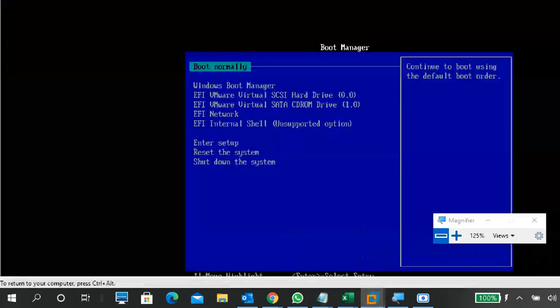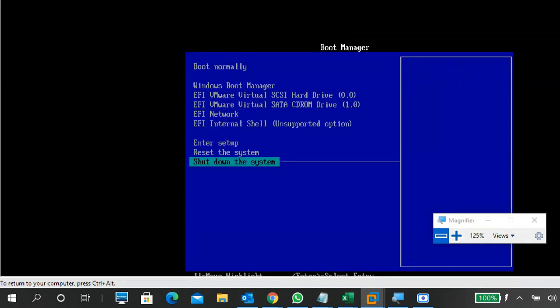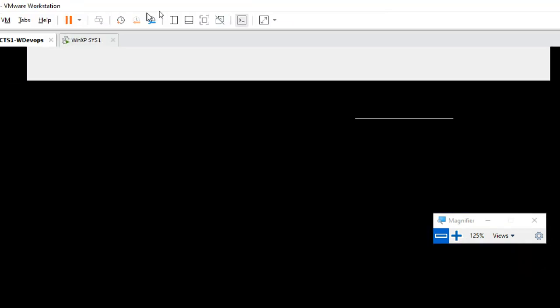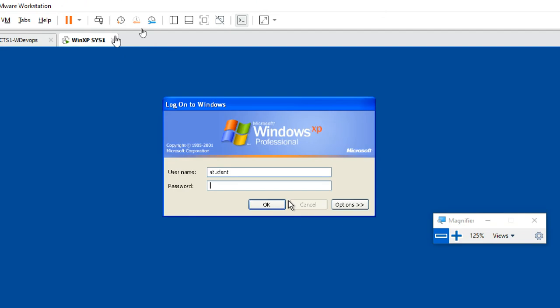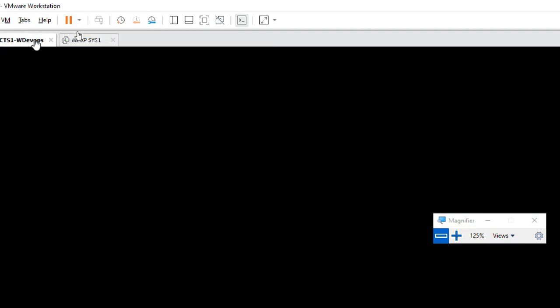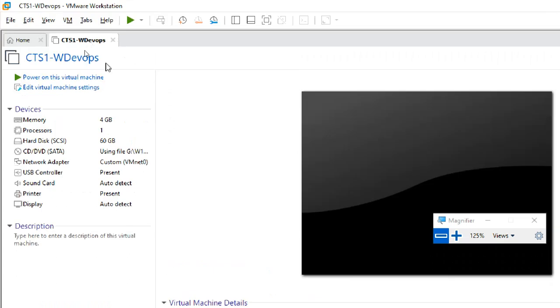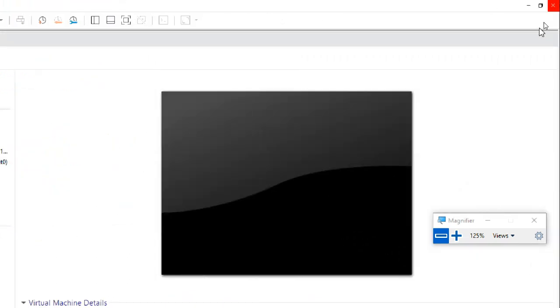But this is a virtual machine, that's why it is not showing anything. Okay, so I'm closing both the PCs.